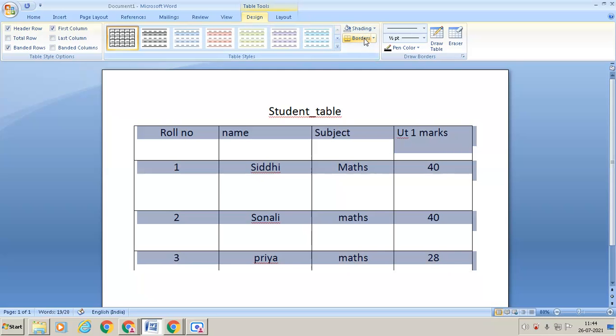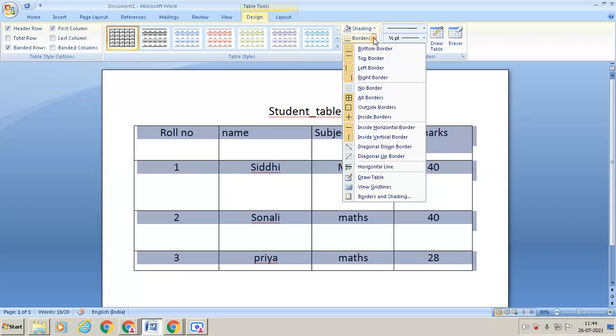So now if you click here, your border will change, that is only the bottom border, because bottom border is selected. If you click on this particular arrow mark, as you can see here, bottom border. If you want only top border, only left border, or right side border, and if you don't want a border, you can choose no border. If you want all borders, you can use this.